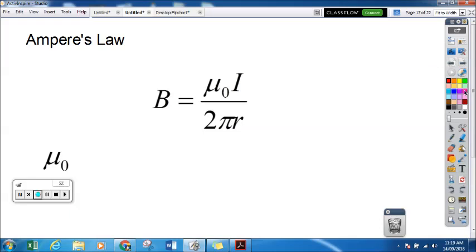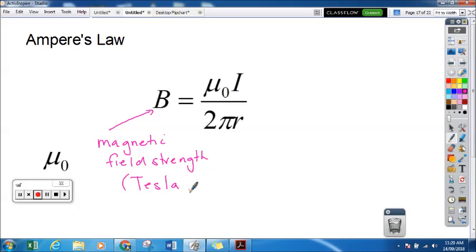And the strength of that magnetic field is determined by Ampere's Law. So in this formula here, which we'll go through first before we look at the magnetic field around the conductor, B is the universal symbol for the magnetic field strength, and its units are Tesla, named after Nikola Tesla, and the symbol is capital T. So the symbol for magnetic field strength is B, and its units are T. I is the current, and we know that current is in amperes, after whom this law is named,